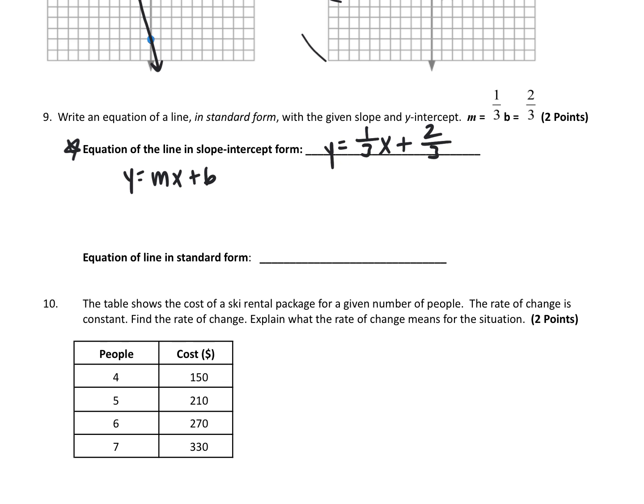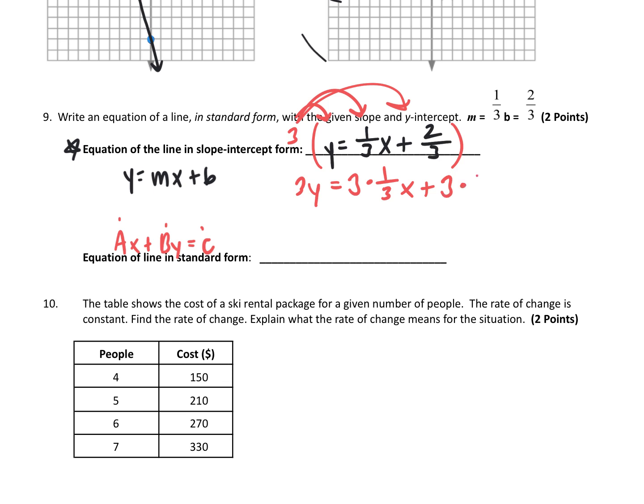Okay, so now that it is in slope-intercept form, I need to get it in standard form. Standard form is ax plus by equals c, where a, b, and c are all integers. So right away, before we start moving anything, let's get rid of all these fractions. In order to do so, we're going to multiply this entire equation by 3, and I'm going to distribute that. So I've got 3y equals 3 times 1/3 x